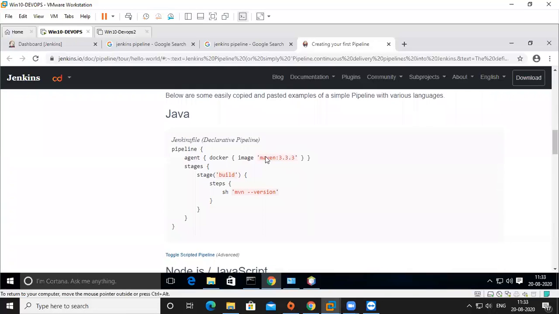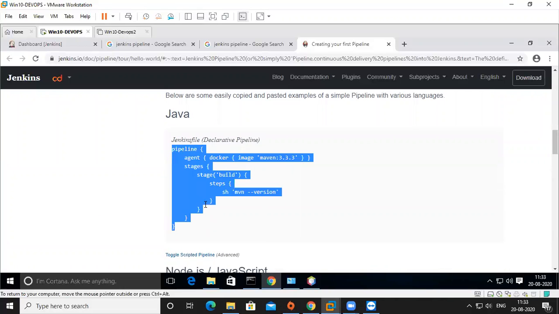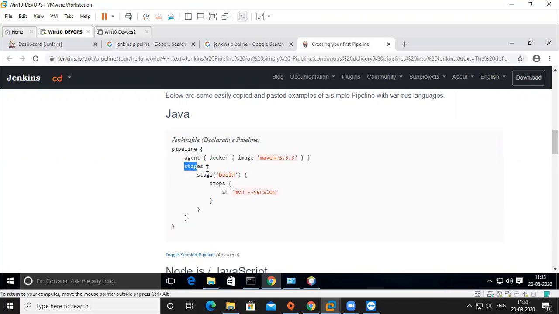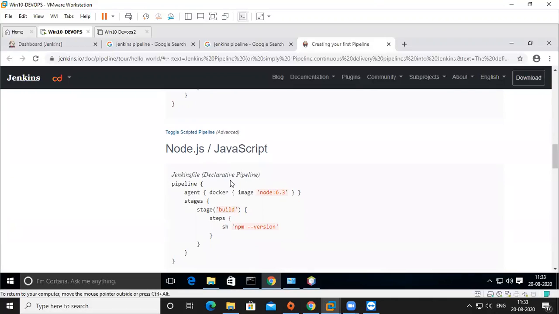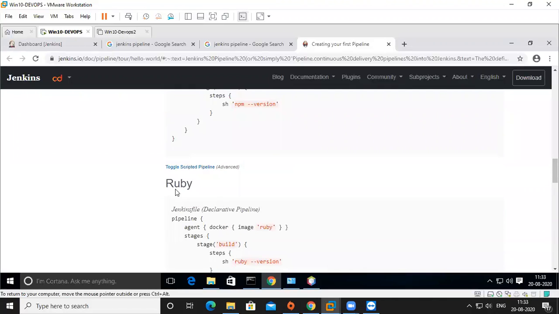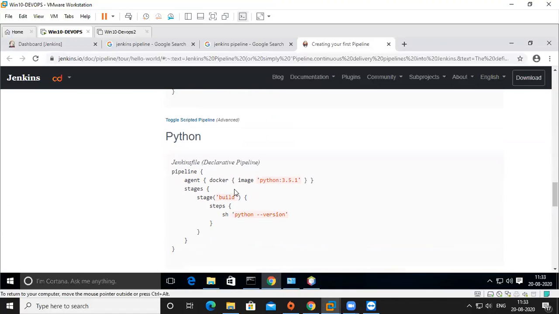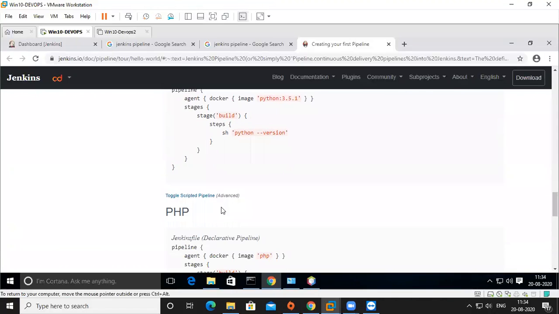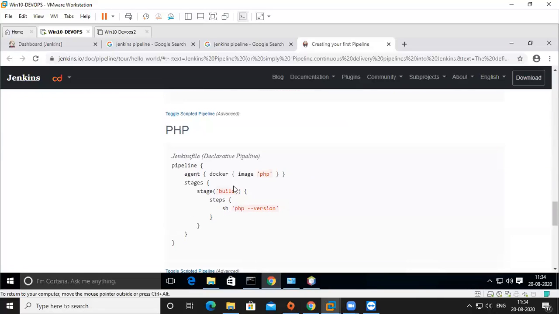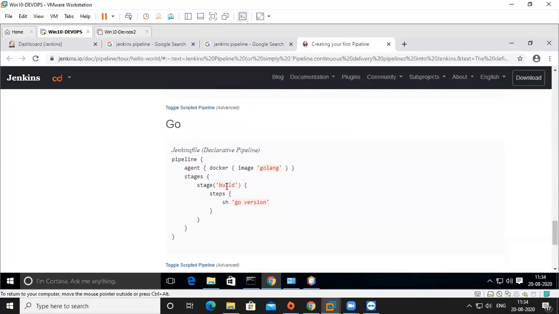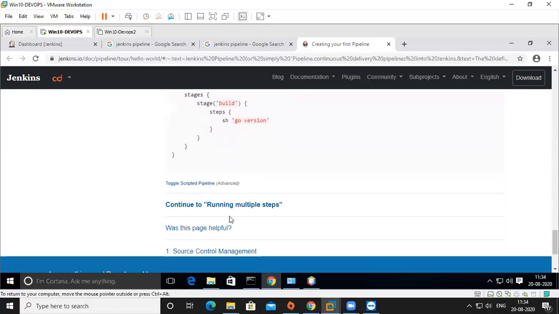Jenkins file. Here we should declare stages, different stages. We have to say what the stage is and what the steps in the stages are. It depends upon what kind of project and which platform you are using, Ruby or Python. If you are using Python, then we have to tell which Python version and stages. A stage is a build or a test or a run, and we have to declare it.